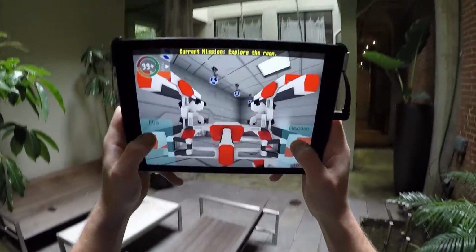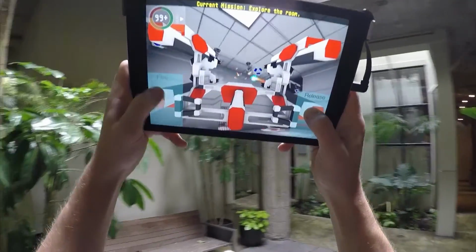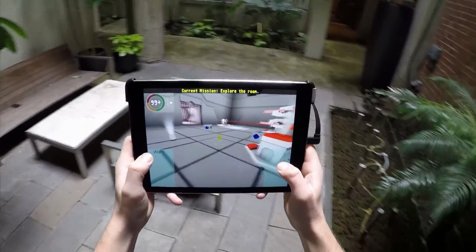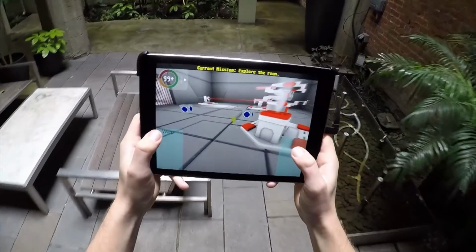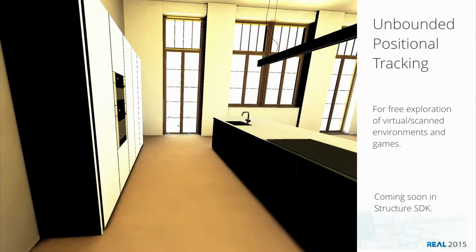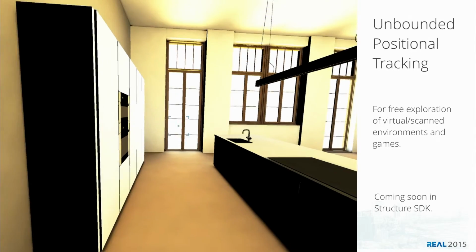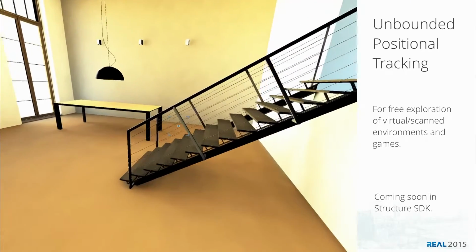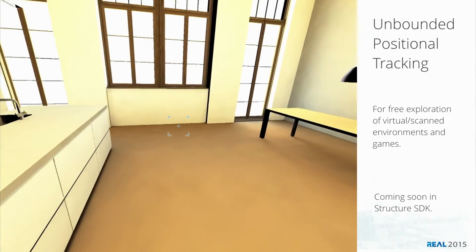Everyone here is not necessarily interested in games, so there's other things you can do with positional tracking too. Let's say that you have a model of a kitchen that you would like to explore before you actually spend $250,000 building that amazing new kitchen. You could load your model onto a tablet, and you could positionally track yourself and take steps in the real world and imagine how those steps in the real world would correlate to steps in the virtual world.